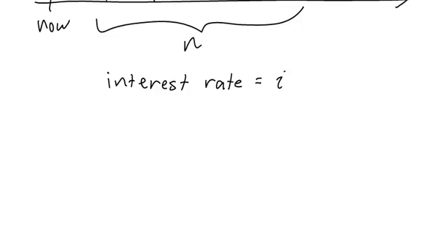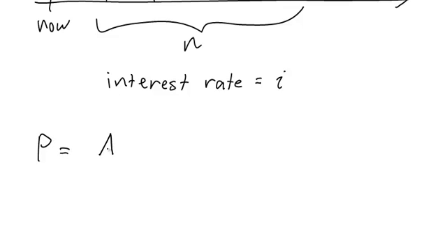And that's what we do if we were going into the future and waiting for something to happen. But what we're doing is we're looking to the future and we're working backwards to what's going on now. So instead of multiplying by 1 plus I, I'm going to have to divide by 1 plus I. And things that have been compounded in the future would have been multiplied by 1 plus I multiple times, once for each year. So we're going to have to divide by those multiple times to get them back to what it would be now. So the formula for present value comes out to be,